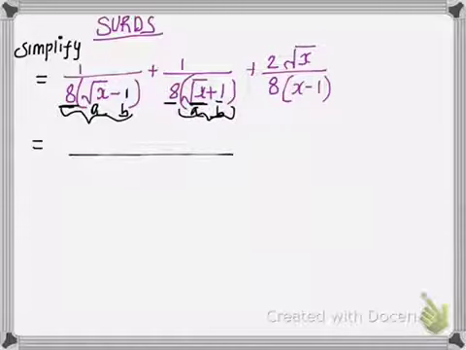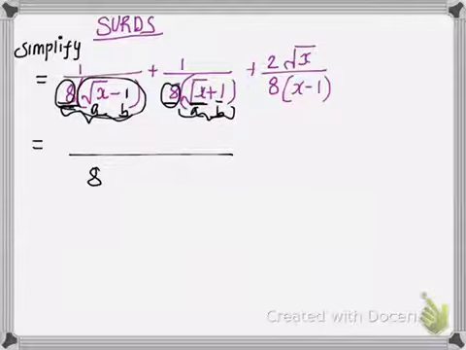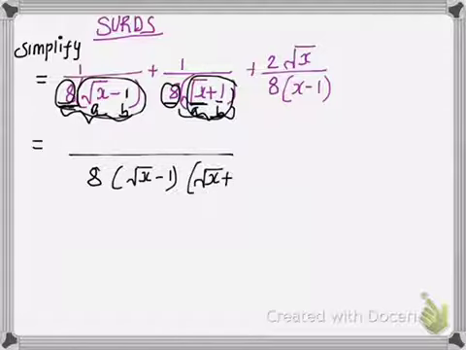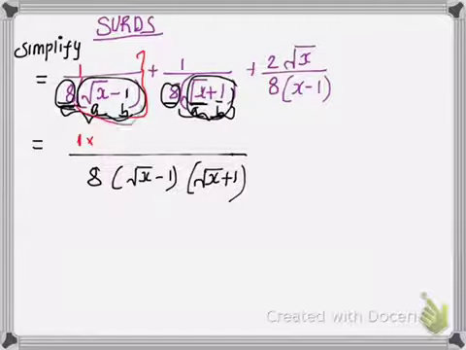first take the LCM, which is 8, and this is the common term, so I'm just writing it one time, but these are two different terms, so I'm going to write it one time each for these terms, x minus 1 and x plus 1, and the numerator of this first expression is 1, so I'm going to write here 1 times, and I'm going to multiply this 1 with the denominator that is not present in the first expression's denominator. It means we've got root under x minus 1 as our denominator, but we don't have this term present,